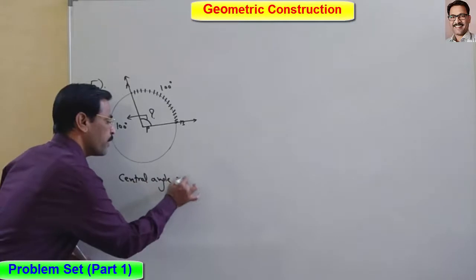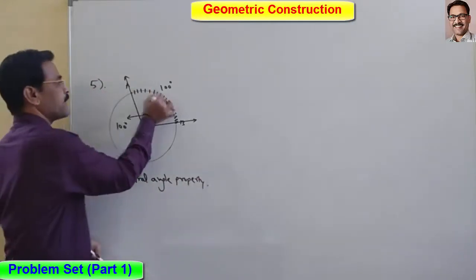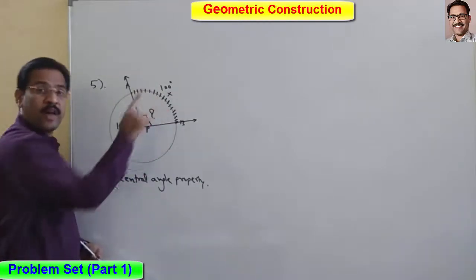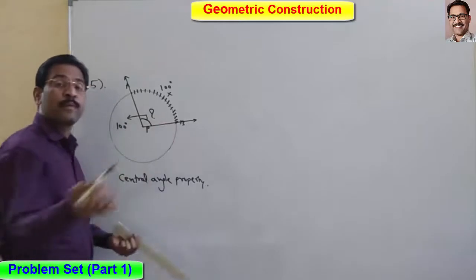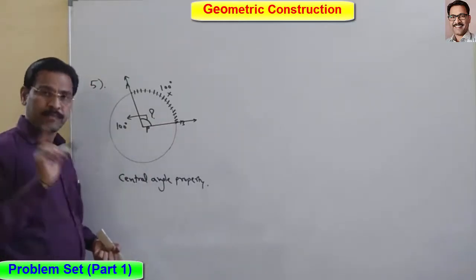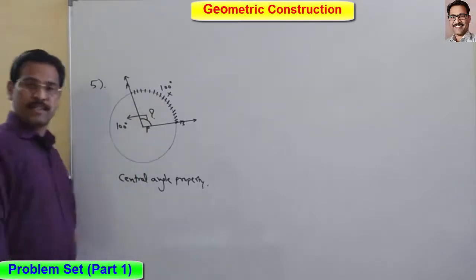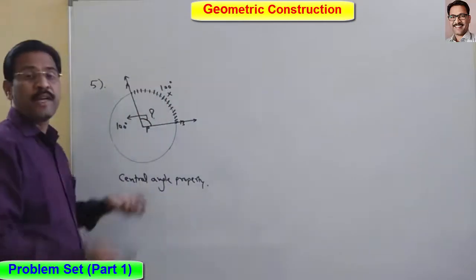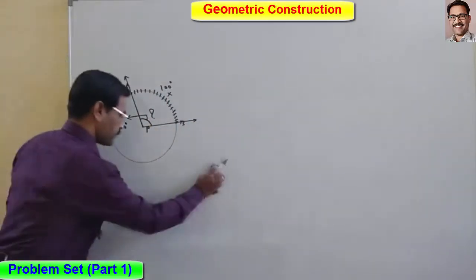angle property. Yes, this is the arc. You can say here, suppose maybe here x, arc AXB of measure 100 degrees and P is center. Therefore angle APB becomes what? It's the central angle, the corresponding central angle of that arc here. By central angle property we can say both these are same. First of all, everything we have to mention, and then you can understand how we can draw the figure. See here. Look friends.